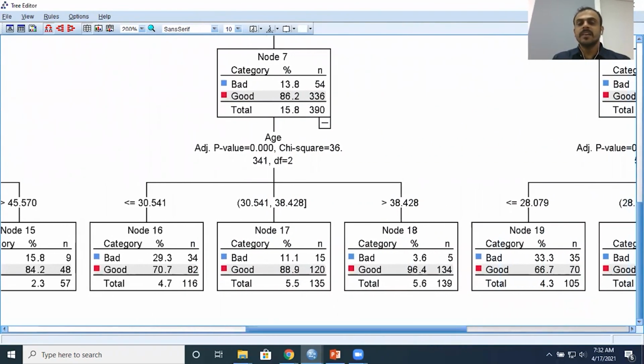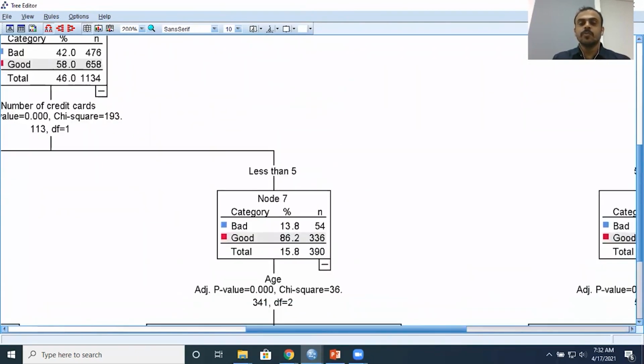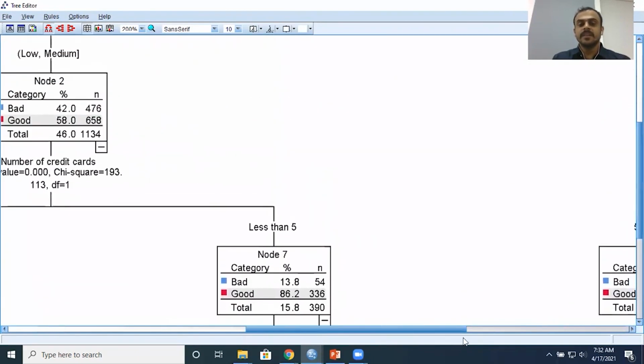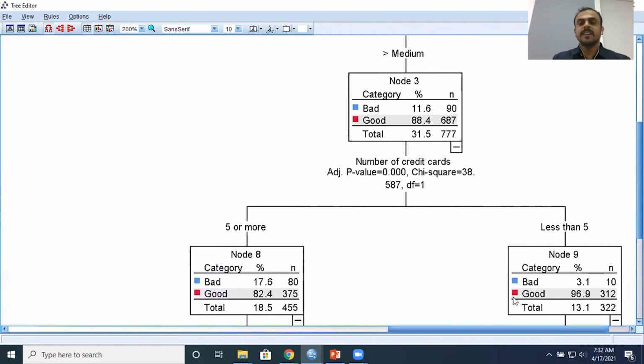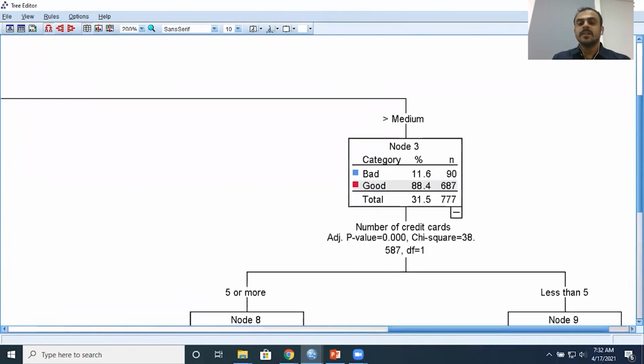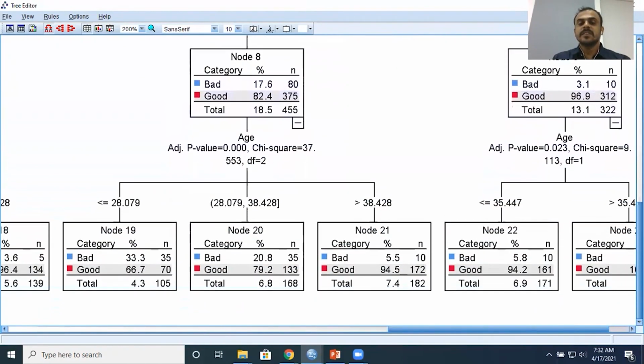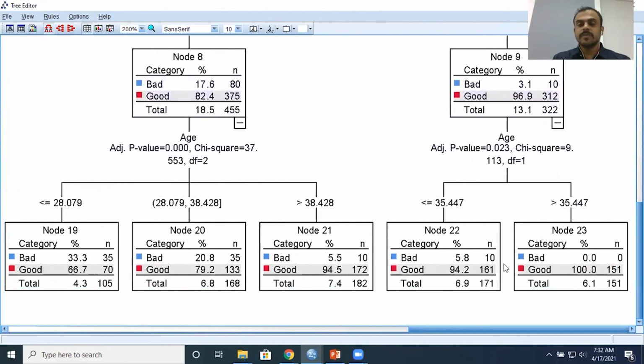You can similarly make a decision for the other group as well, that is the high income category. You can just make a decision quickly, and you can see for yourself. Most of them tend to be in the good category, if I'm right. Most of them tend to be in the good category in the high income class, correct? So this is how you can identify which are your key drivers of credit risk analysis. Which are the top 3 drivers: income category, number of credit cards, and age.